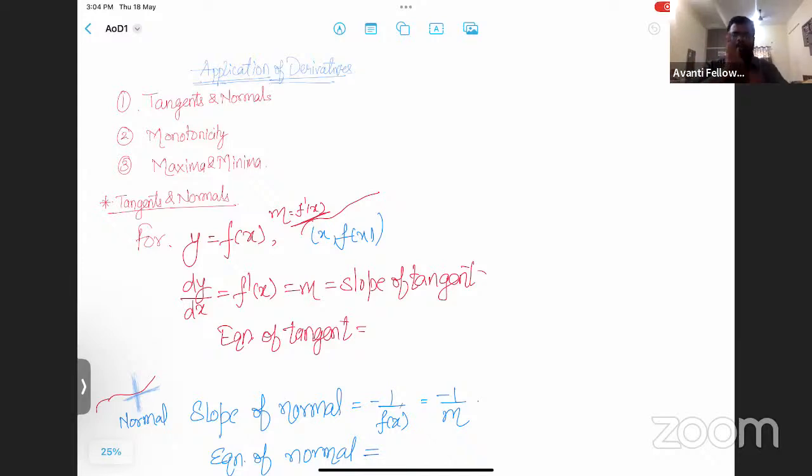So there are majorly three subparts of application of derivative. The first one is tangents and normals. The second one is monotonicity, and the third one is maxima and minima. We'll try to cover as much as we can for today. I'll discuss the theory in brief, whatever important parts we need to know before solving the questions, and then we'll do some previous year questions of this topic. So we'll start first with the tangents and normals, and as we all know what tangents and normals are,